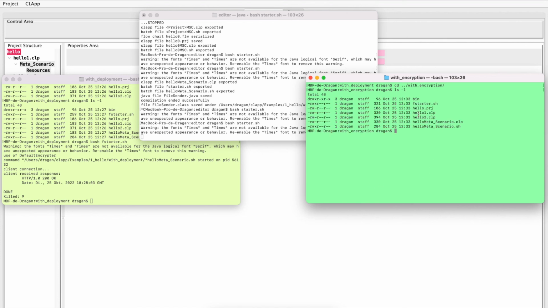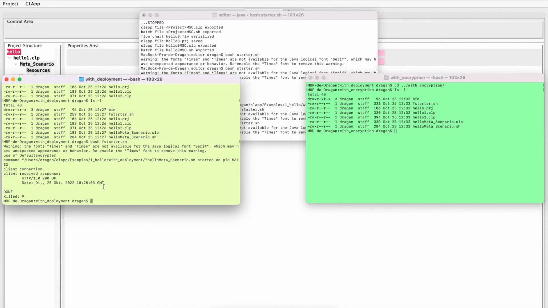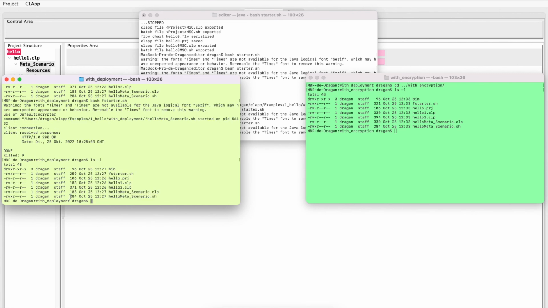In principle, we got exactly the same output as here. If I start now this starter from here, I will see my new cockpit,